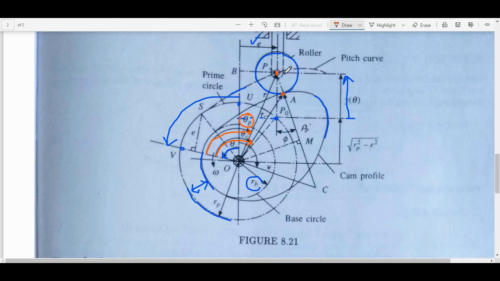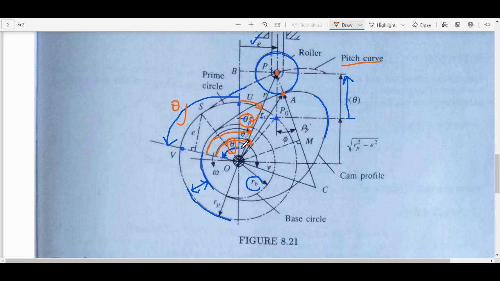To locate a point on the pitch curve, it is good to find this point, and we will do that. But to locate a point on the cam profile, it is better to find this point here, which is called A, and we will find that as well. But let us do the first one. So the tangent of this angle, which is theta p minus theta. See, this is theta. So theta p minus theta